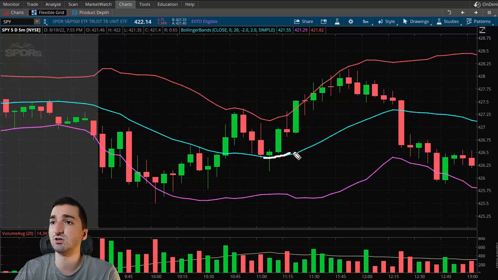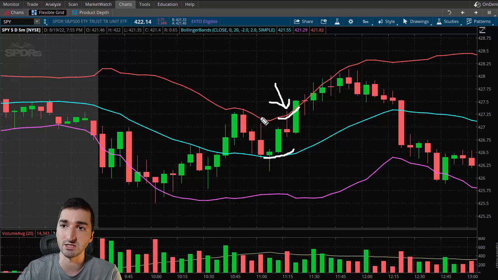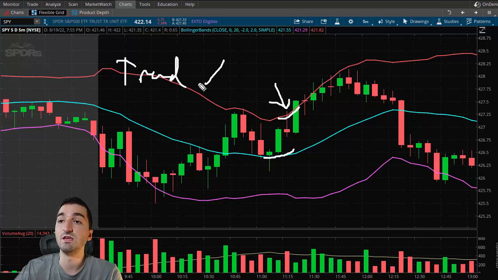So see how the trend started warming up a little, right? We hit the upper Bollinger Band and we hugged it. That showed us a shift in momentum. That will check that trend box so that we can trade this. The best moves that you're going to get with this strategy are if you can check both boxes, a range